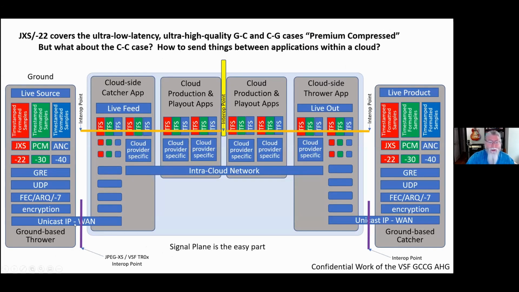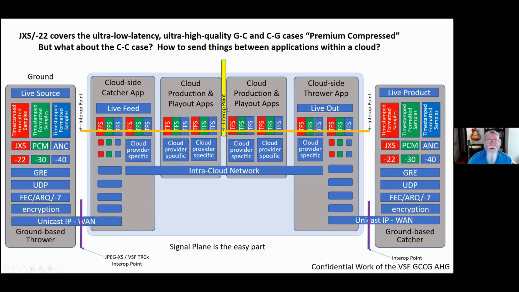There's really two cases. There's the interop point going from the ground to the cloud and the interop point going from the cloud to the ground. And those you can document as a stack of protocols all the way down to the IP packets, with something like TR-08 and even TR-09 covering some of the aspects of the transport, and equally the management plane, how do you set up that connection, which is being worked in the TR-09 activity.